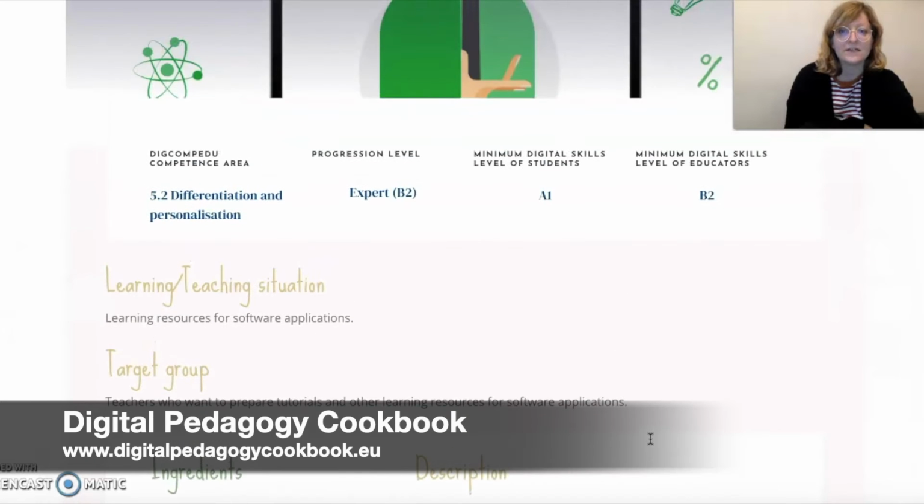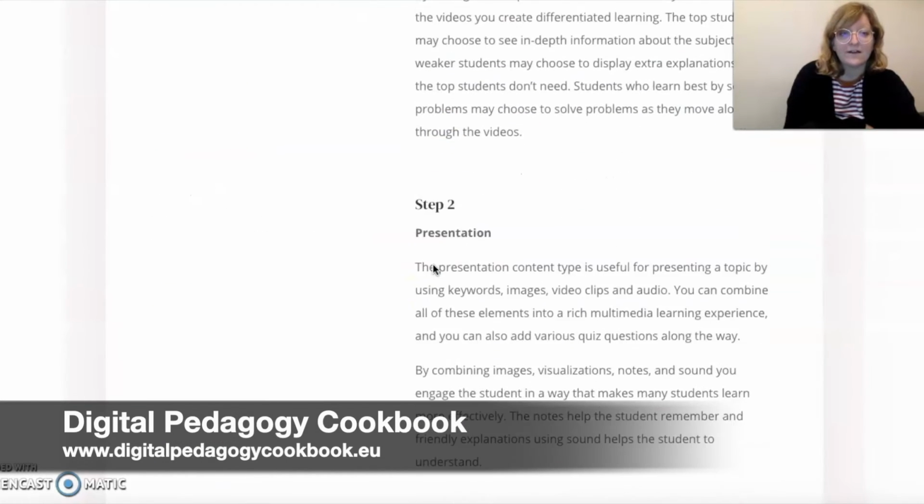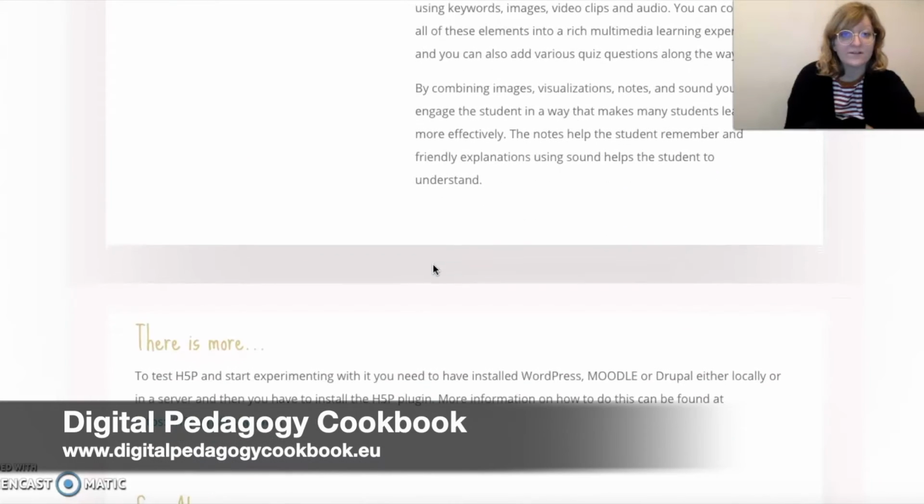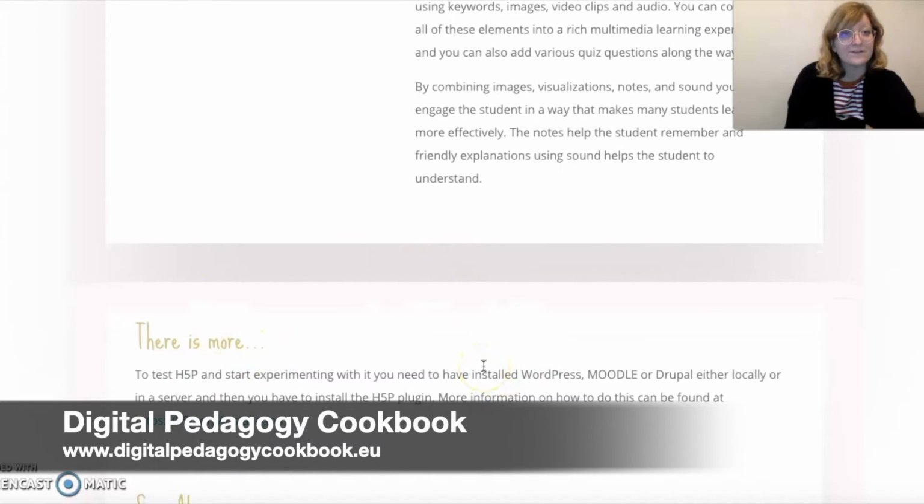It also indicates your target group and your learning teaching situation, as well as the different framework categories I indicated as filters on the website page. There are external, more resources down at the bottom of every recipe, so you can keep learning once you've completed this step-by-step. Hopefully you'll have some fun playing around with our recipes, and we look forward to having you visit our website,